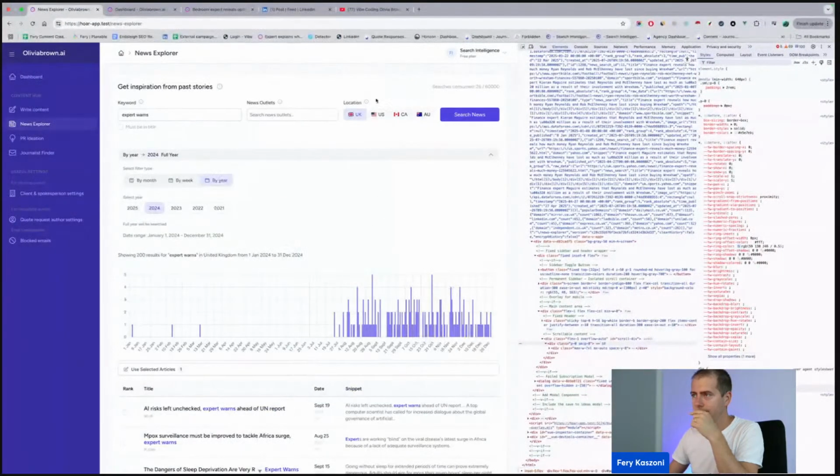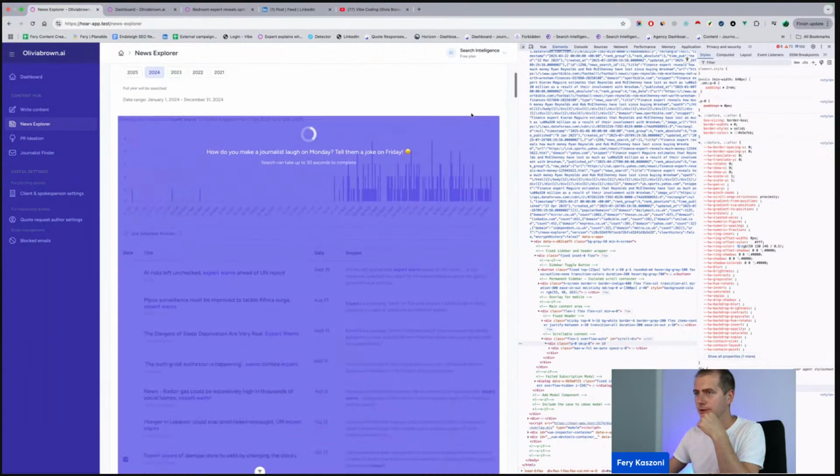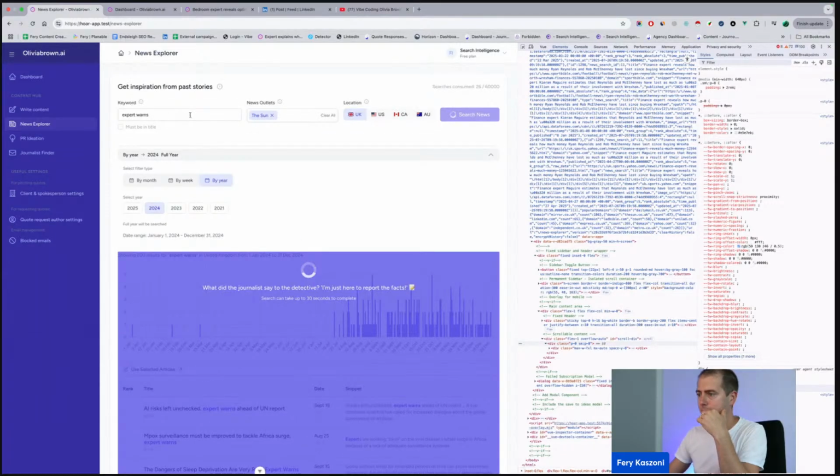Right. This feature is so cool. You can even select news outlets where you just want those stories from, let's say, The Sun, and you can just go and say, give me all the expert warnings stories from 2024 that are in The Sun. It's a perfect